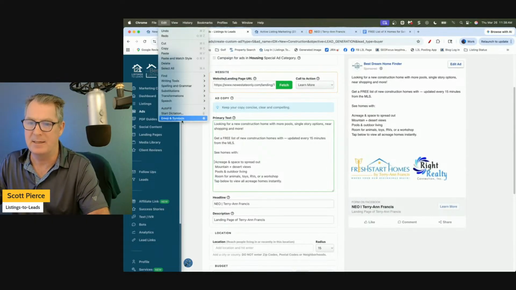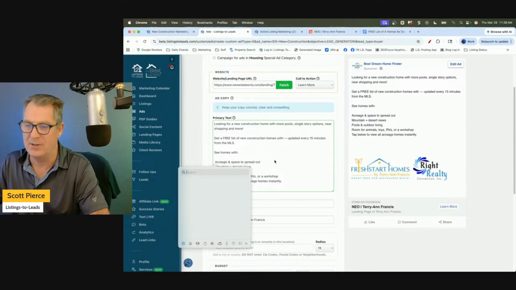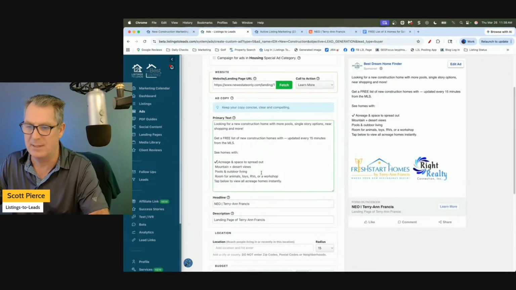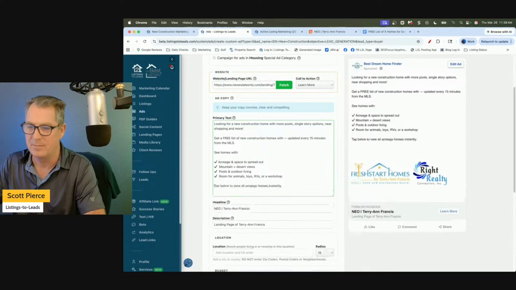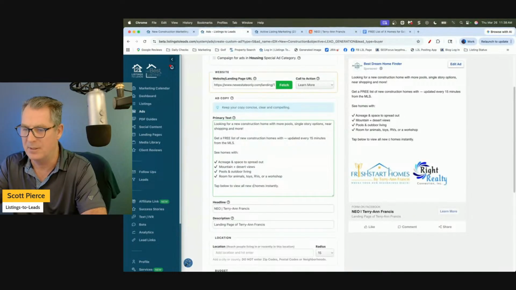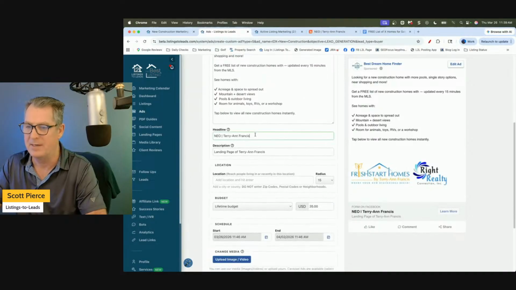And I'm going to add the emoji. You can do the green check mark, or you can do this one. And then just make a list. It doesn't have to be 5. It can be 3 or 4. Well, I got 4. It can be 2 or 3. I'm going to tap to view all new construction homes instantly. And then headline, tap learn more to view now. Description, new